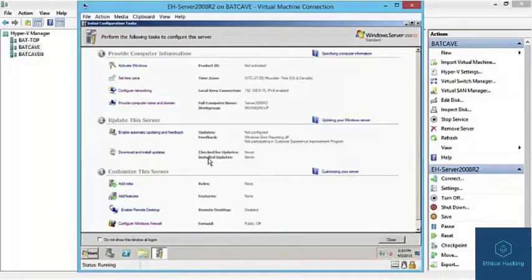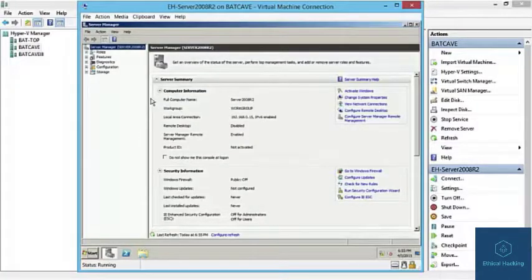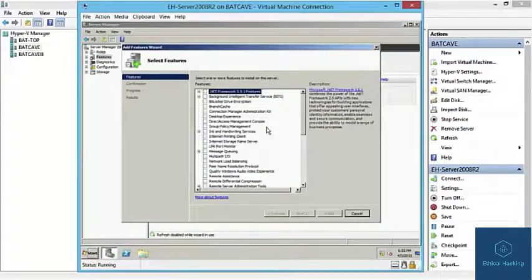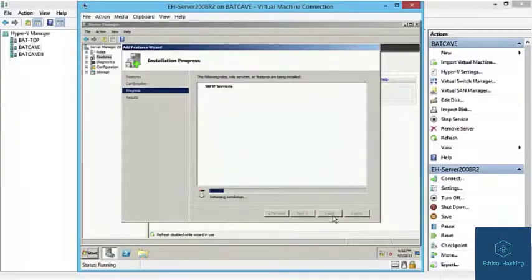Okay, and then we want to enable the SNMP service on this box, just like we did on the 2012 R2 machine. So we're going to come over here to our features, and we're going to add a feature. Oh, let's not show this anymore. Let's close it. I'll show you the other way of adding it. Inside the Server Manager console, we can just simply come down here to Features and select to add a feature. And I'm going to scroll down and install my SNMP services. Hit Next, Install,